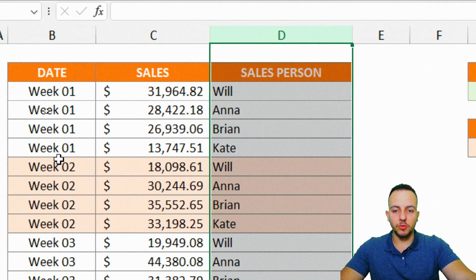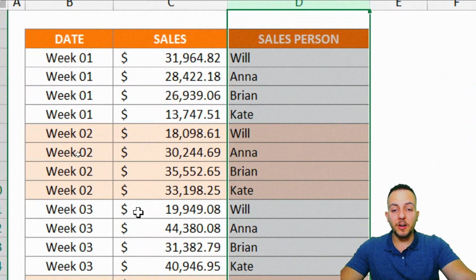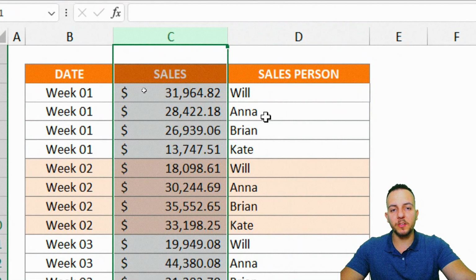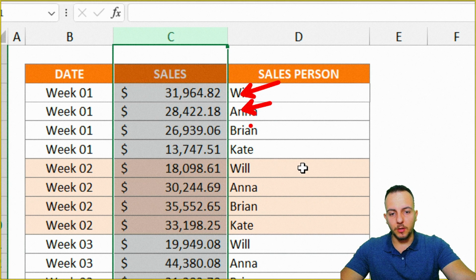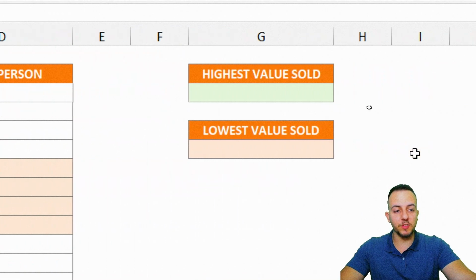So let's say I want to know here, what is the largest sales number that I have here? What is the largest one? And of course, what is the lowest one? To do it, instead of checking manually, one by one, row by row, I can use the minimum and the